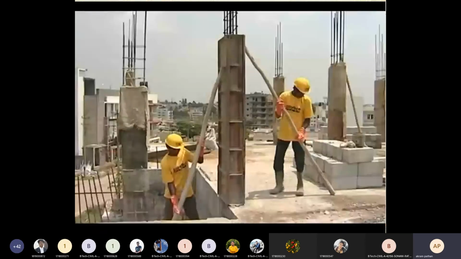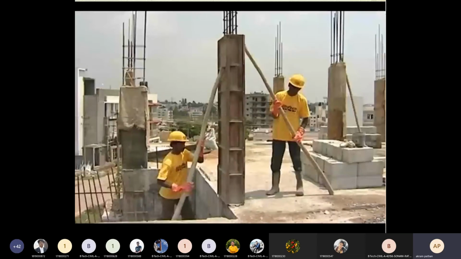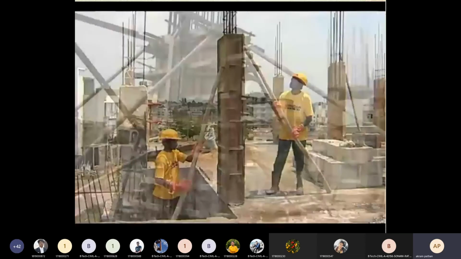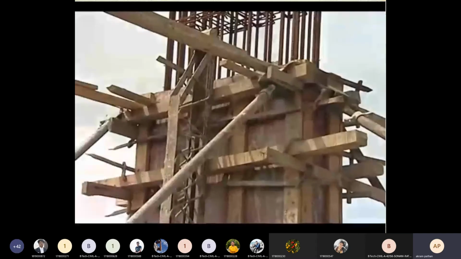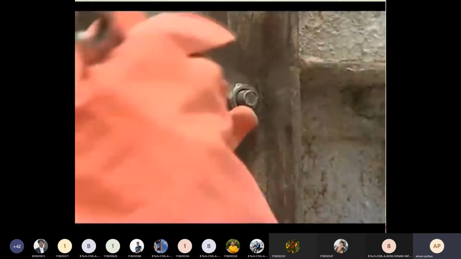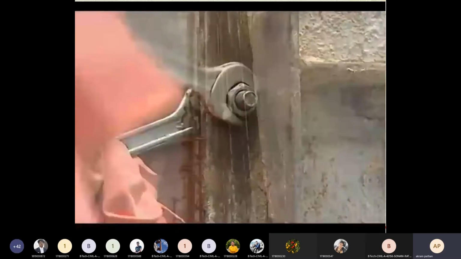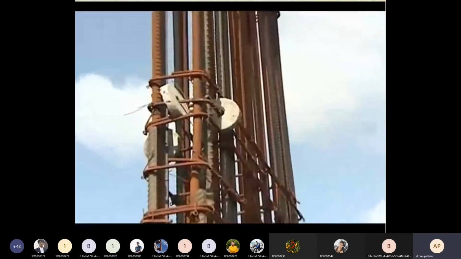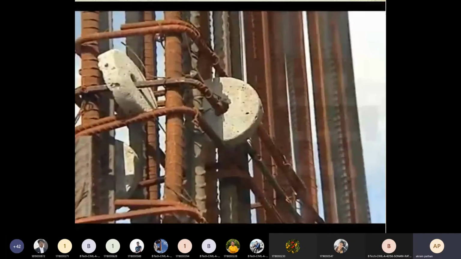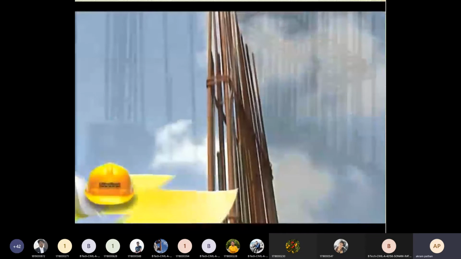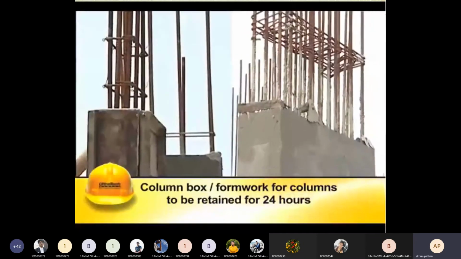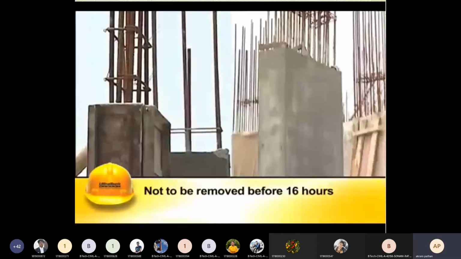It has to be thoroughly supported with props or ties before pouring the concrete so that it does not move horizontally or vertically during concreting. The gaps near the shutter joints should be sealed to prevent any leakage of slurry. Appropriate space is to be provided between the inner face of the shutter and reinforcement by fixing cover blocks. It is preferable to remove the shutters after 24 hours of casting, and if they need to be removed earlier,